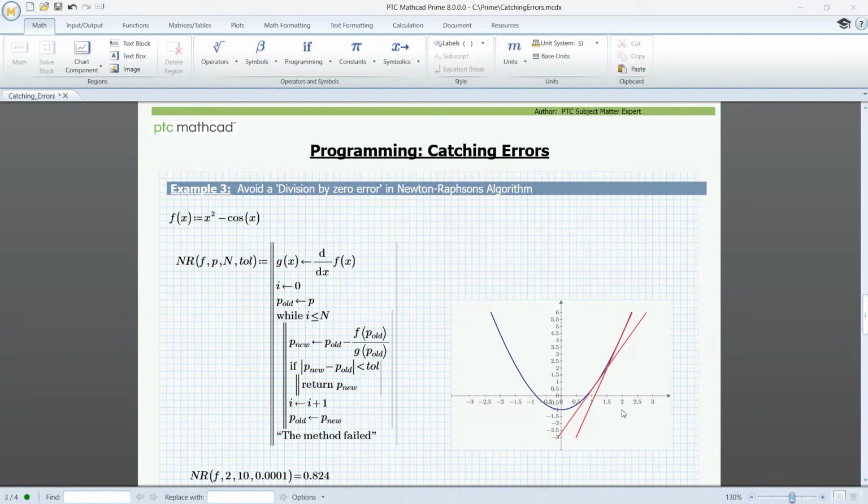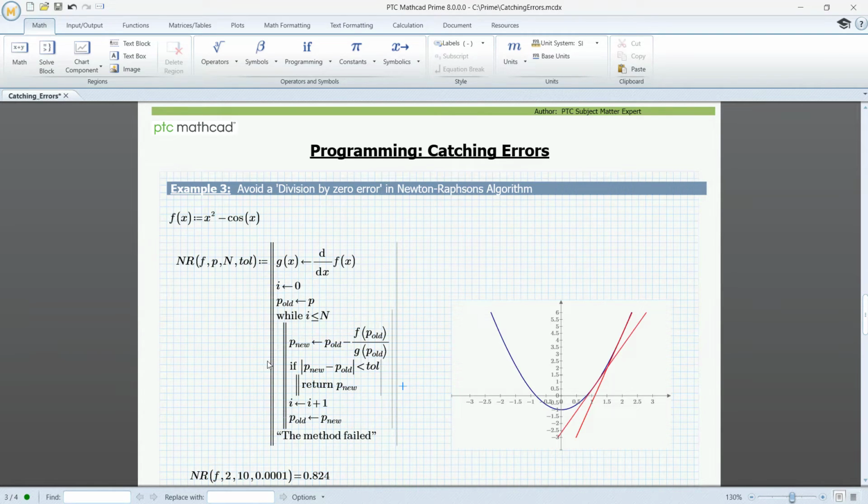Let x equal 2 be our guess value. We'll draw a tangent at 2, find its intersection with the x-axis. It's about 1.1. So 1.1 is our first approximation to the root. Now draw a tangent at 1.1 here. Find the intersection with the x-axis. And as we can see, we are almost there after 2 iterations.